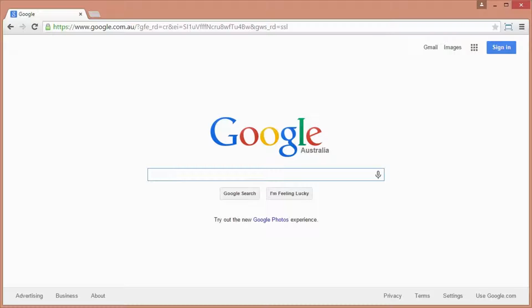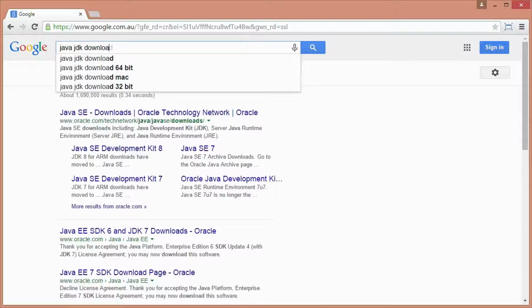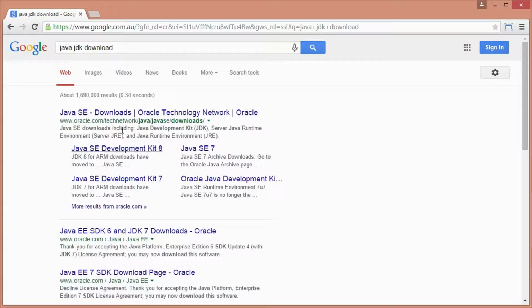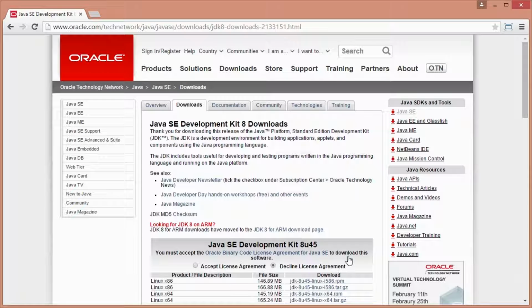Step one is to do a search in Google for Java JDK download, as you can see on the screen, and select the first option that comes up, which in this case is oracle.com. I'm going to click on that. Then once I get to that screen, I'm going to go over here to where it says JDK download and click on that. That's going to bring up the page that says Java SE, which stands for Standard Edition Development